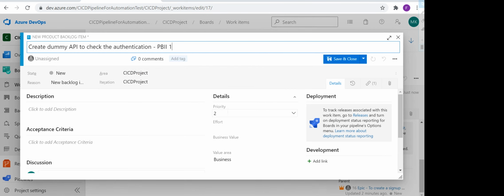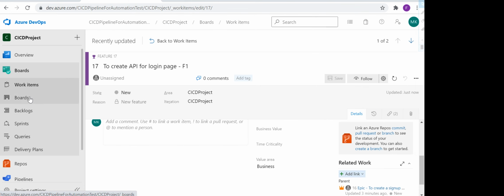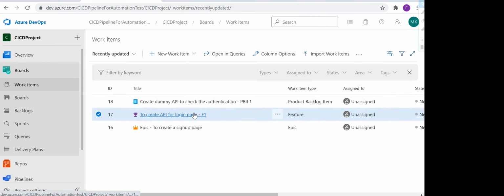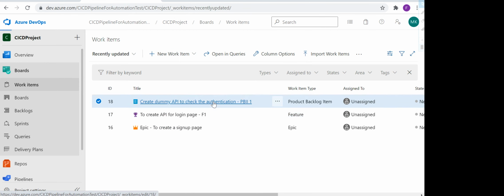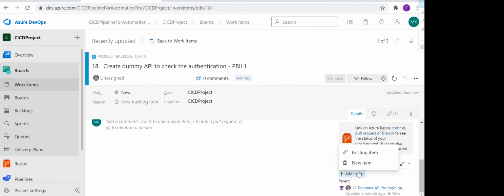Again you will see the same kind of fields. Now you will see the link again, because it has a parent which is of type feature. Click on save. So now we have created 3 work items, and these 3 have a child-parent relationship. Now from the PBI again you can create a task.